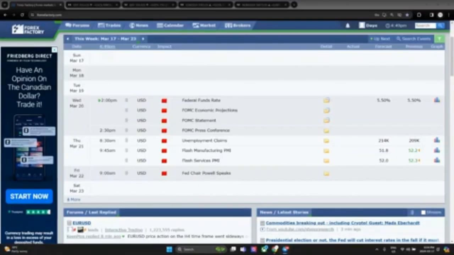This week is FOMC week, right? So Monday and Tuesday, by just looking at the screen, you can see that we have no red folder news. What does that mean? Does that mean that you can't trade on Monday or Tuesday? No. Does it mean that Monday and Tuesday is low probability? In some cases, yes. But you can trade on days that have no news folders, right? As long as you follow the model that we have been following for the last 2 or so months, right?